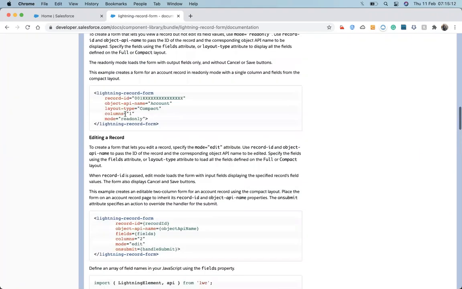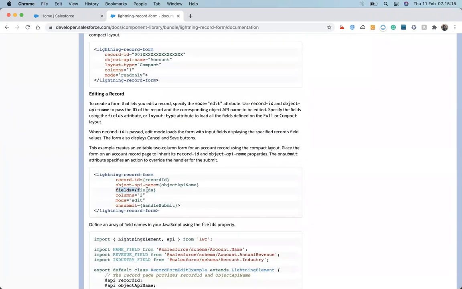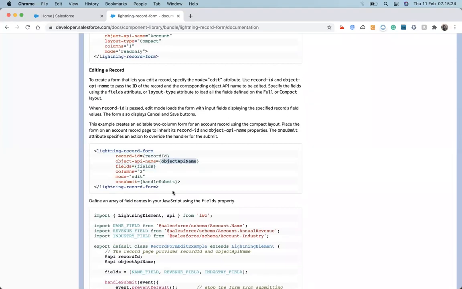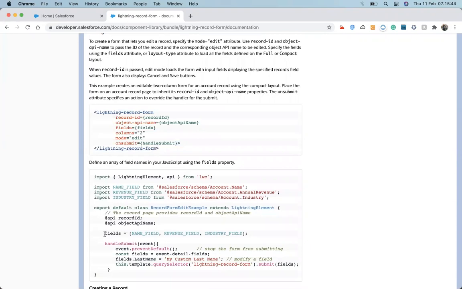If I don't mention the fields, then it will show all the fields that are available on the object which we mention. Right now it's for the account, so it's showing account. If you mention the contact, then it will show the contact, and if you mention the fields, then it will show only those fields. So let's use that.